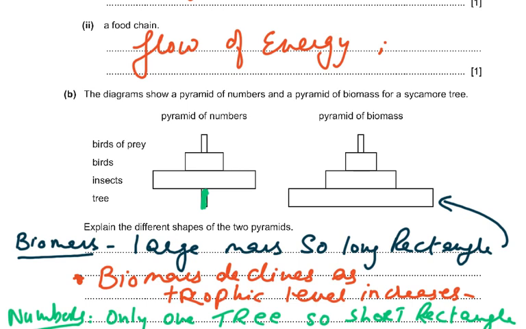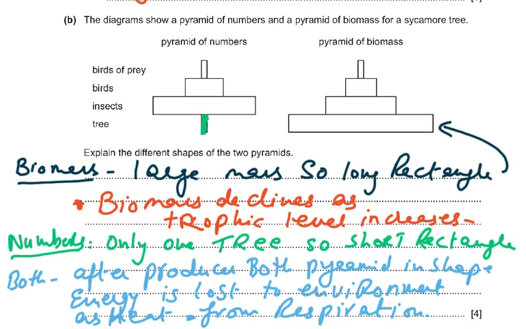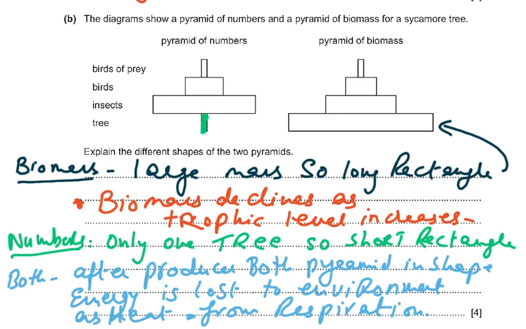The diagram shows a pyramid of numbers and a pyramid of biomass for a sycamore tree. Pyramid of numbers, and it's all been labeled for you so you can all see that. But then they have asked you a very technically difficult question. Explain the different shapes of the two pyramids. Now, when you explain, you have to understand that you're giving me the definitions